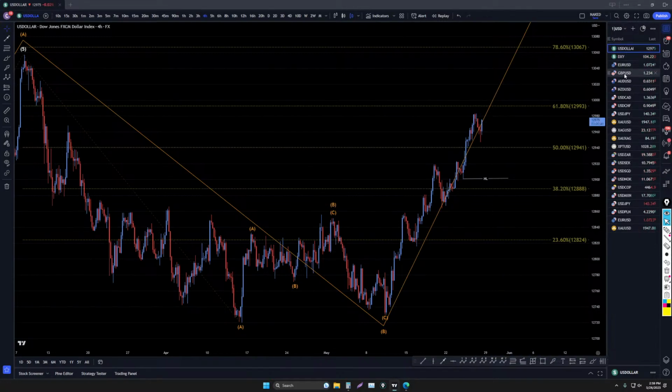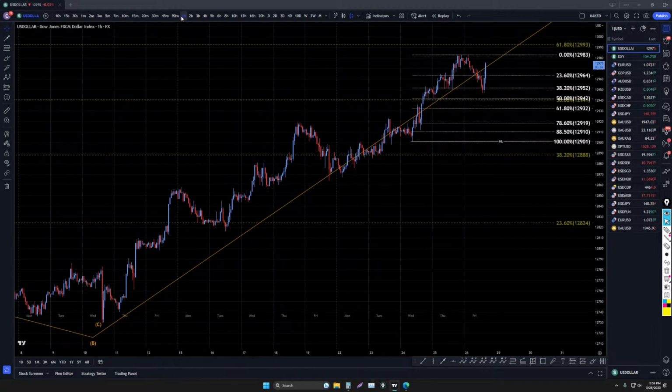I got a little burnt on a euro dollar trade today, but I had a good trade on the pound dollar, which kind of almost evened it out. And if this does go up a little bit more, then I'll still end my week ahead. So I'm definitely hoping that the dollar will at least go up to here, so that way I can get out of my trades and be ahead for the week.